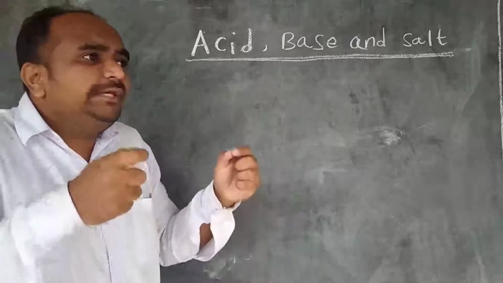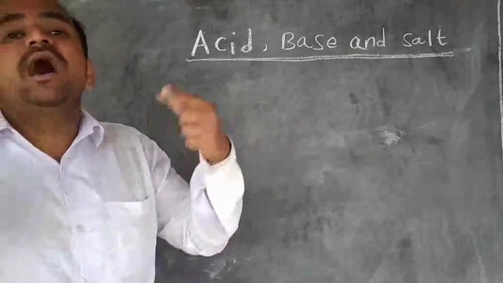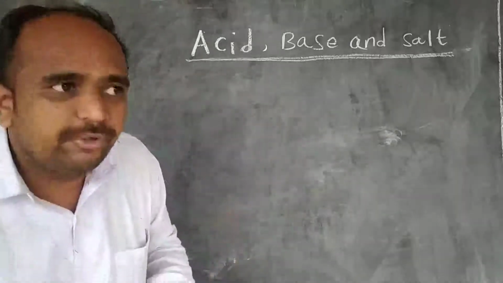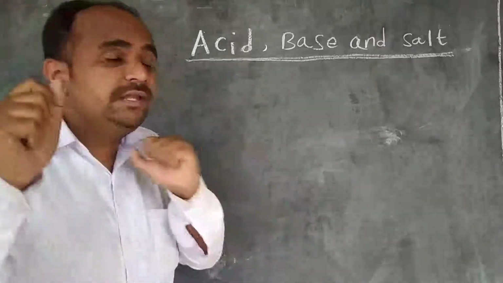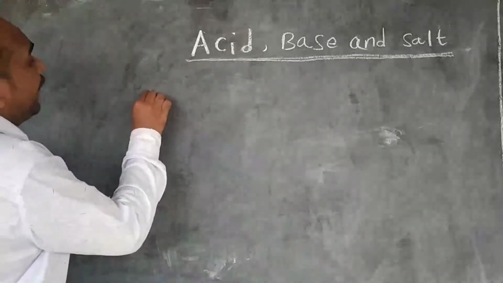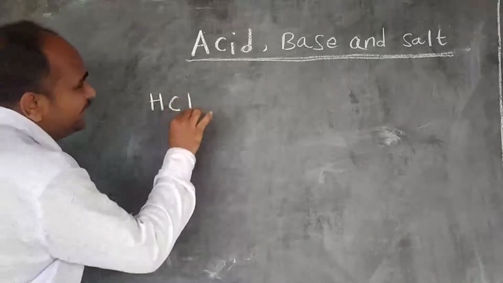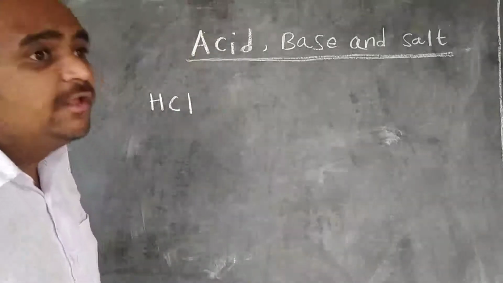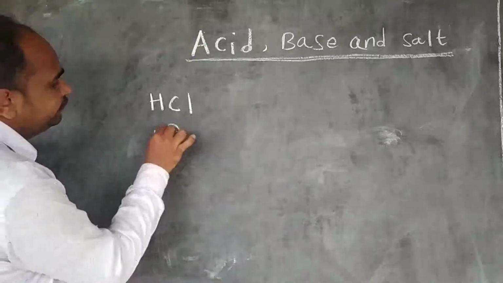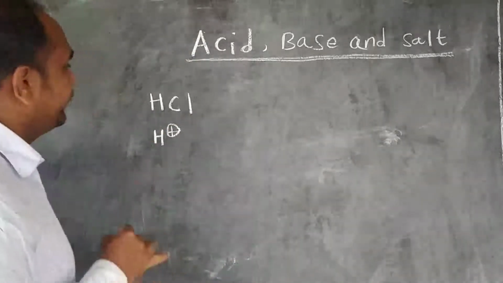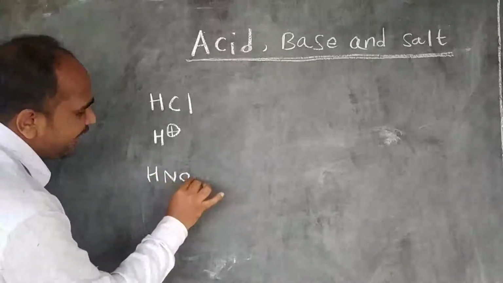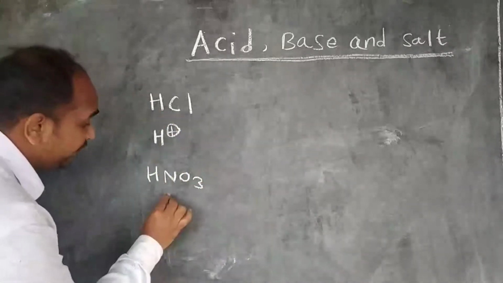Most of the acids used in the laboratory are hydrochloric acid, sulfuric acid, and nitric acid. So what is the formula of hydrochloric acid? HCl is the formula of hydrochloric acid, and it contains H plus ion. The second example of a laboratory acid is HNO3, known as nitric acid, and nitric acid also contains